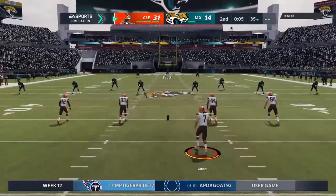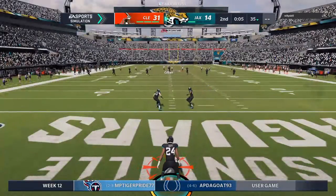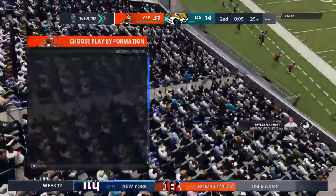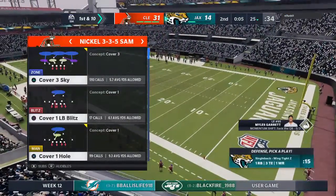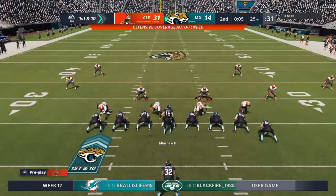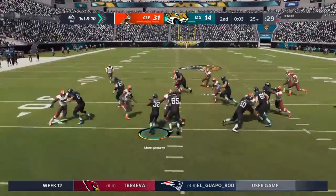So time enough for a kickoff here. 5 seconds remaining in this first half. Fielded near the back of the end zone, and not wanting to risk anything here late in the half, he'll just take a knee, and they'll bring the football out to the 25. The Jacksonville offense set to begin their next drive. Time here for likely one play, then off to the locker room, and they're going to have some adjustments to